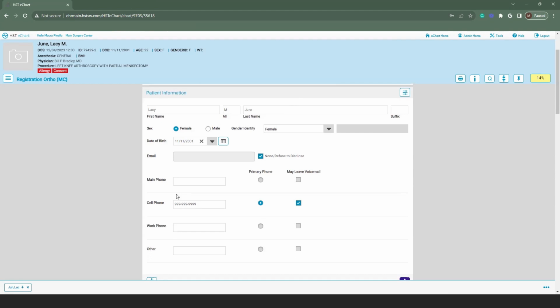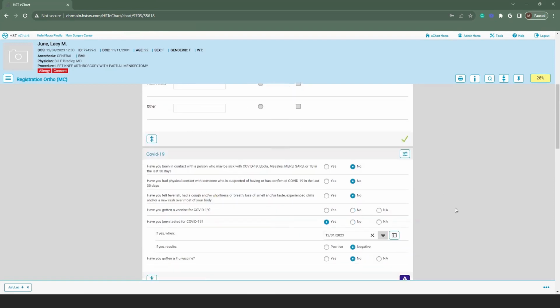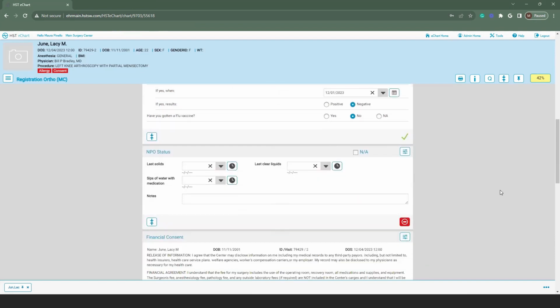This is the exact same block about patient information, with a main difference being the information that I filled in from the phone call has already updated this block. So as you can see, all the next user has to do is confirm that data. Here's that COVID-19 that we put in as well to approve and accept. If at your center you have registration complete NPO,